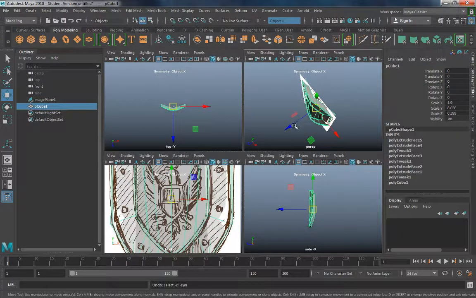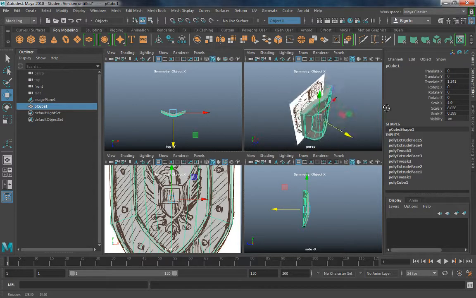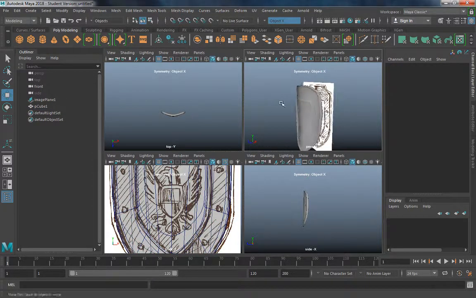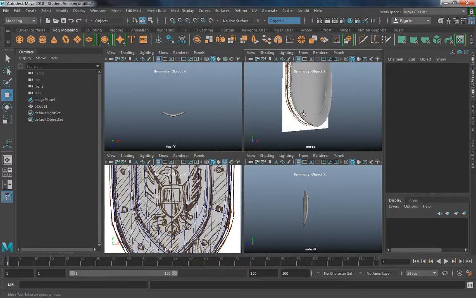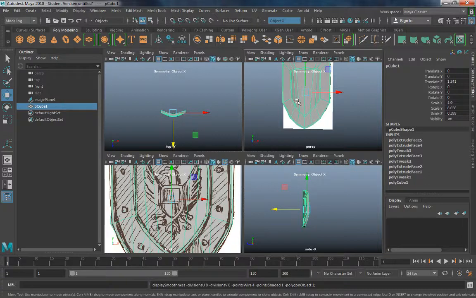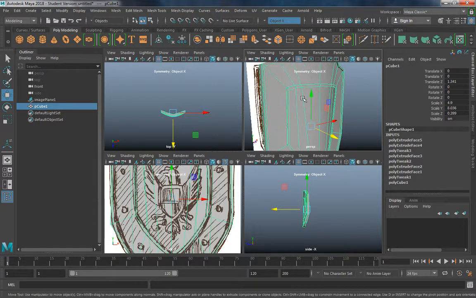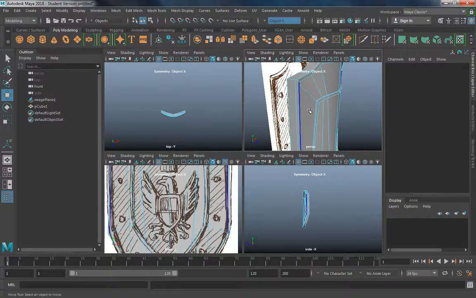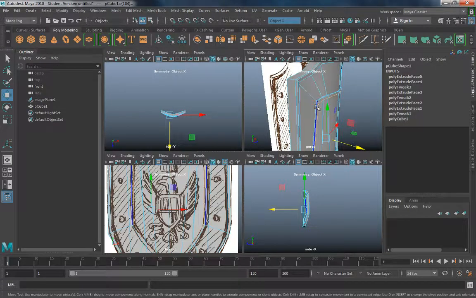And I'm going to pull it off the wall or the image plane just a touch, and I'm going to check it in smooth mode, and it sort of has that rounded out feature that we're going for. Now, some other things, we'll get into texturing, because we're not going to model in this eagle, if you will. What we're going to do is